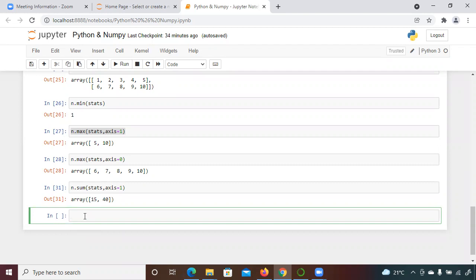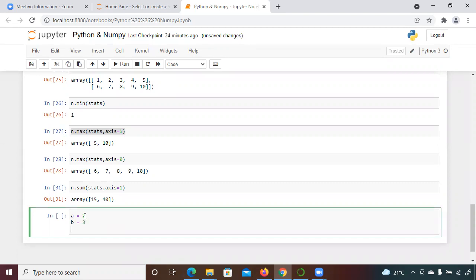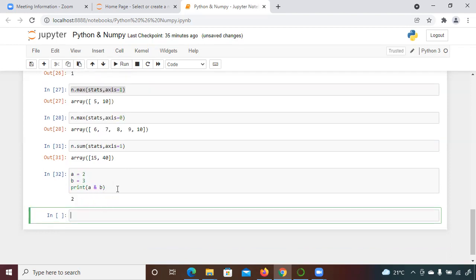Okay, so let's do some more operations. Suppose here I'm creating a variable a as 2 and b is equal to 3. Now here I'm performing a bitwise operation.